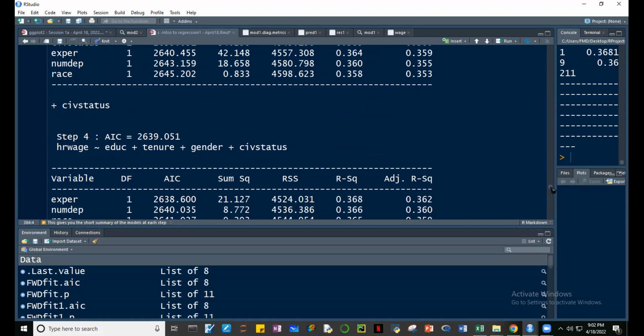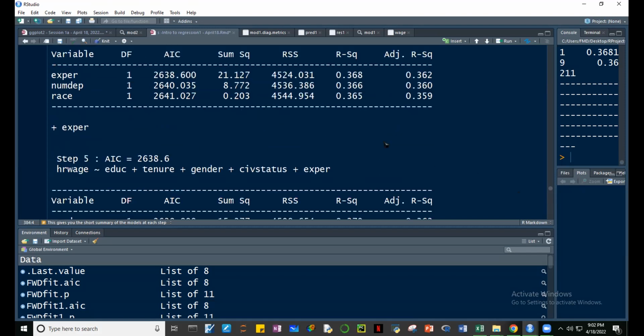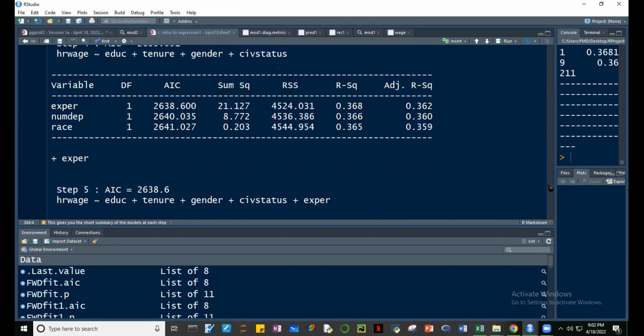Alright. Now, may idadagdag pa ba tayo? Yes, idadagdag natin si experience, kasi bababa yung AIC natin. So, based on AIC, kung bababa pa si AIC, guys, ipasok natin siya. So, dinagdag si experience, no? Ano nangyari? From 2638.6, naging